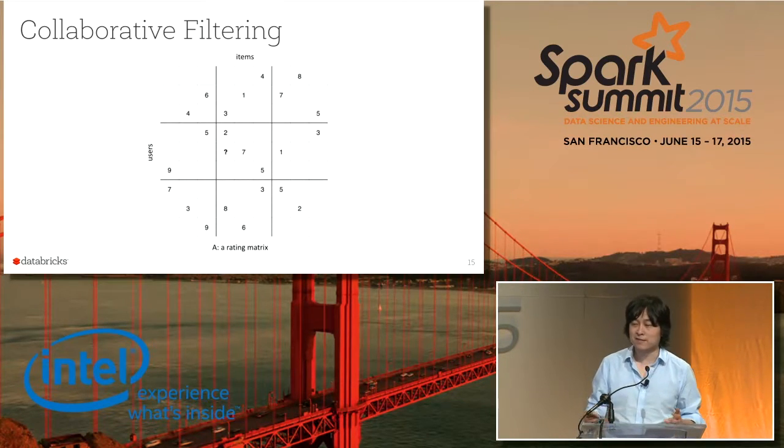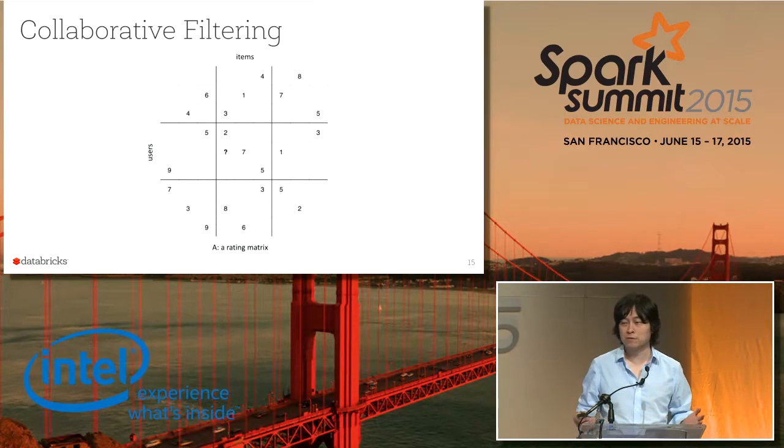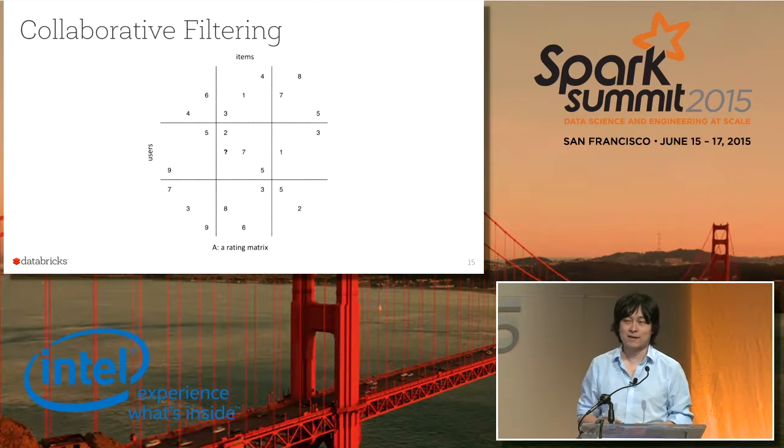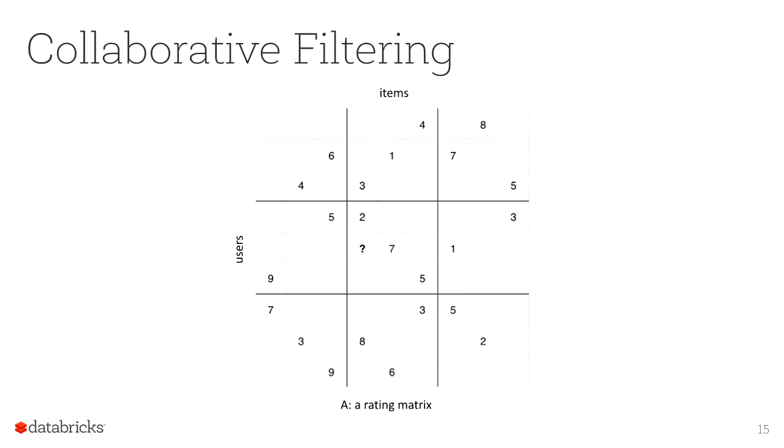And you may already have discovered this is not a rating matrix. This is a Sudoku. If you spend hours on it, this is a really hard Sudoku question. And we know we should fill in 9 in that question mark. But why do we know what to fill in? Because for Sudoku, there's a strong restriction on what numbers you can put. There are specific rules on the numbers you can put. So each rule you add reduces the degree of freedom of the problem. And in the end, you just have 1 degree of freedom.